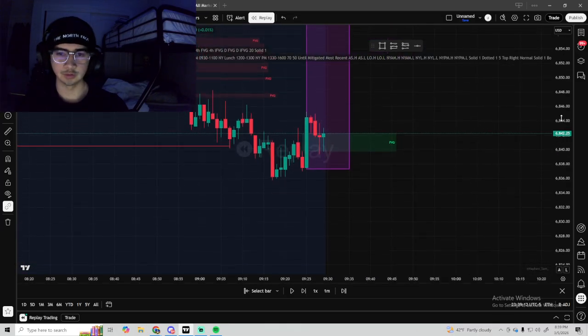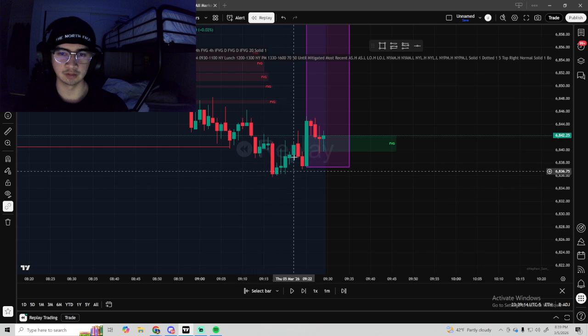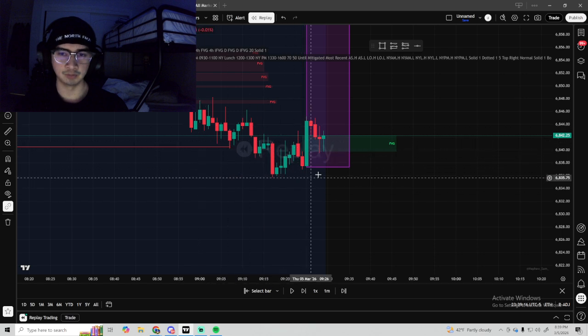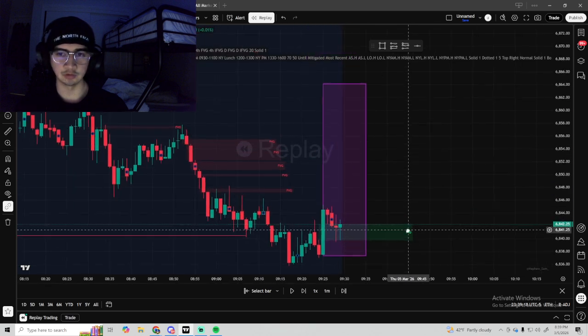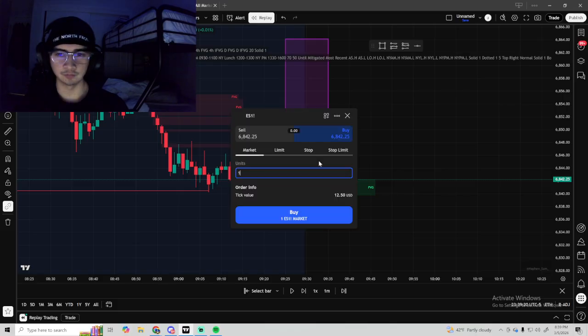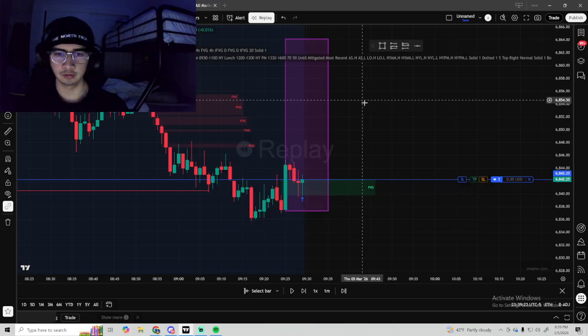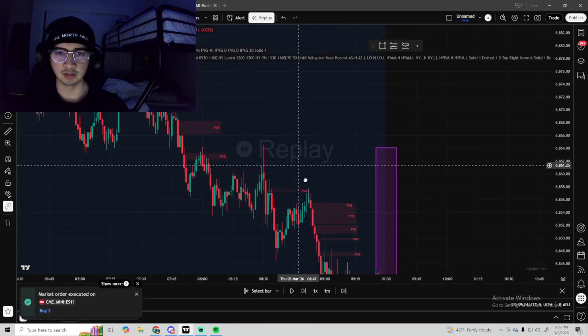So we're going to take this trade, displaced out of that consolidation right here, manipulated it. Now I think it's just starting to distribute right here. So if I were to enter a trade right here, let's put in a buy order. Let's put TP at,